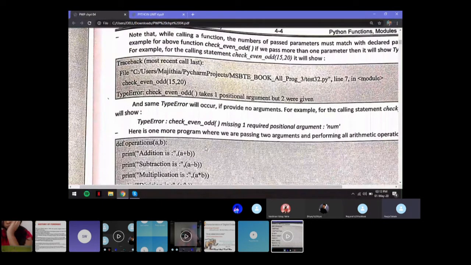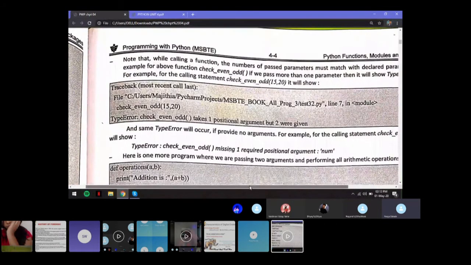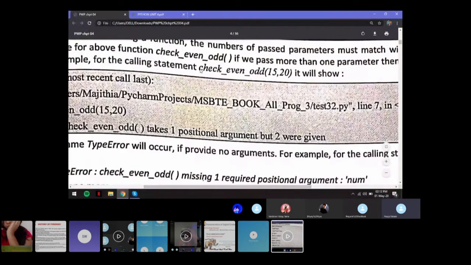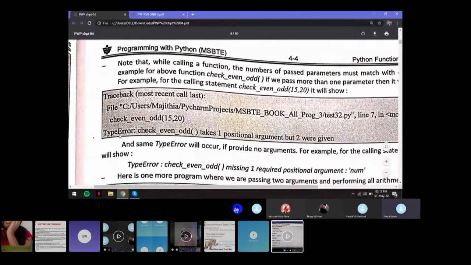Now over here, if while calling a function you pass an incorrect number of arguments, for example if you're passing check even odd, bracket 15 comma 20, what will happen is you will get an error, which is a type error. You'll get a type error because it only takes one argument, but you're giving the function two arguments.